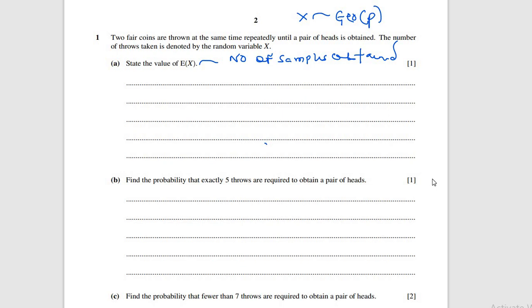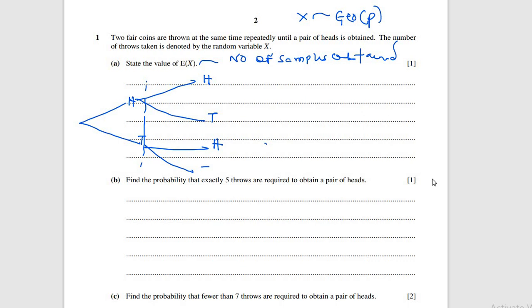Now, it's two fair coins. I need to draw 2 tree diagrams, head, tail. This is the first tree diagram. The next tree diagram, we fill at the edge of the first one to make it 2. Head, tail,